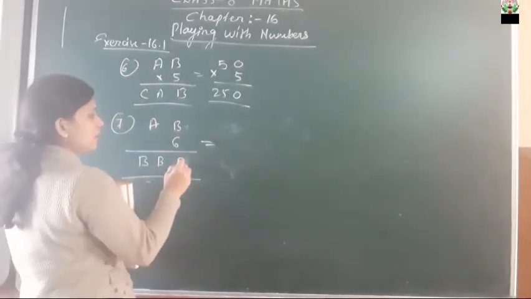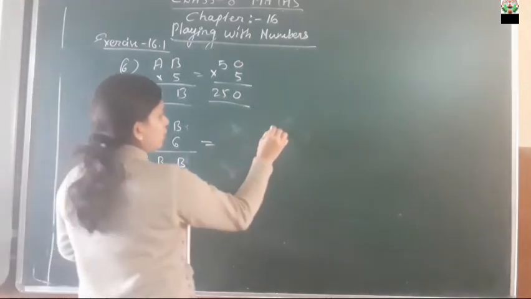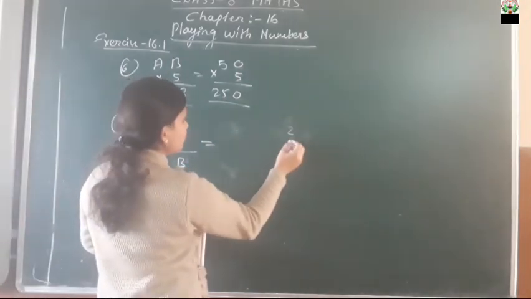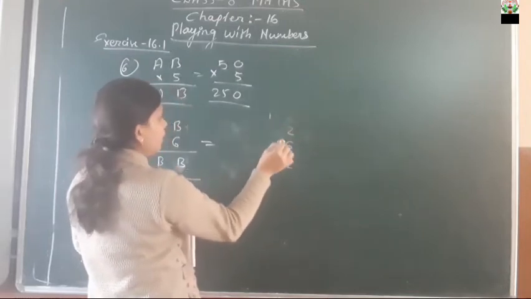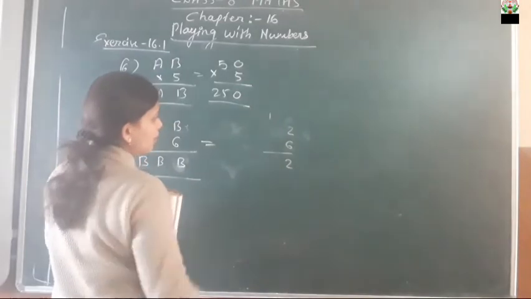6 2s are 12. 12 is coming. Okay, if we are going to multiply it with the number 2, suppose 2 6s, so 6 2s are 12. Carry 1. Here a value if we are going to take, we have to bring here 2, na. So 2.